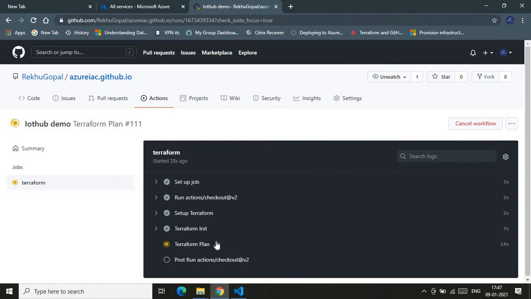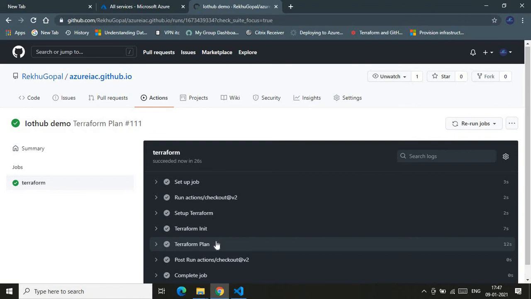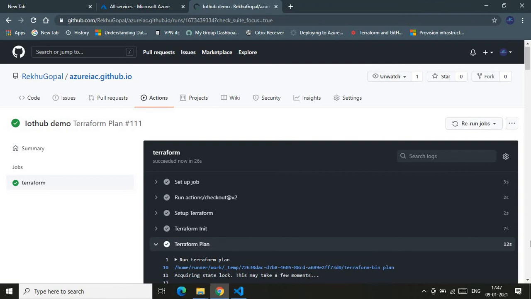As I explained earlier, my plan is like this. Whenever I make changes to my infrastructure, I first commit to my upstream future branch. Then automatically my Terraform plan action will be kicked in, and it will give me a summary. By analyzing the summary, I know whether I'm doing the right thing or the wrong thing. If it's wrong, I will correct it. If it's right, I will go a step ahead and provision it. So that's a simple, straightforward CI/CD strategy which I showed here. Let's quickly walk through the Terraform plan.